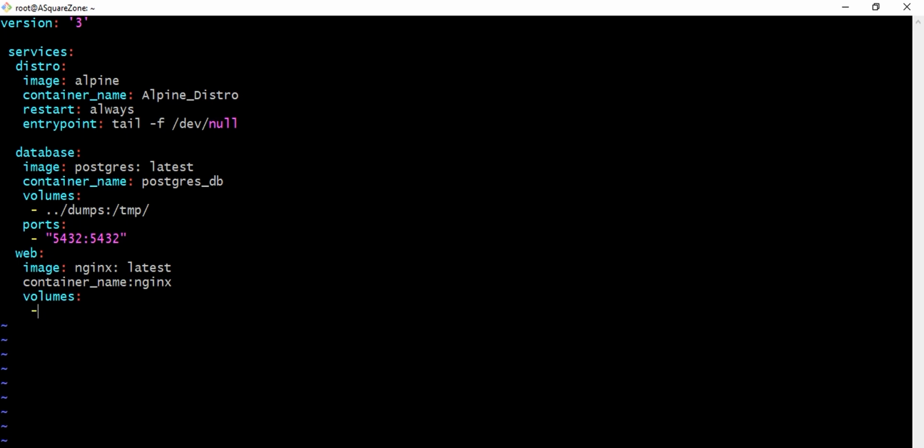Please remember, YAML file does not support tabs. That's why we need to give only spaces here.